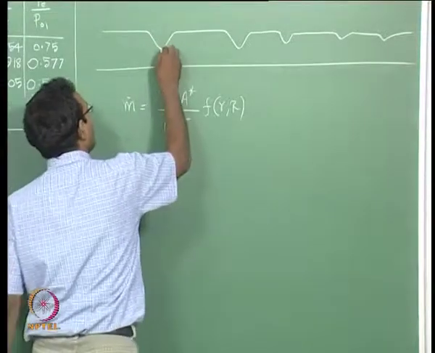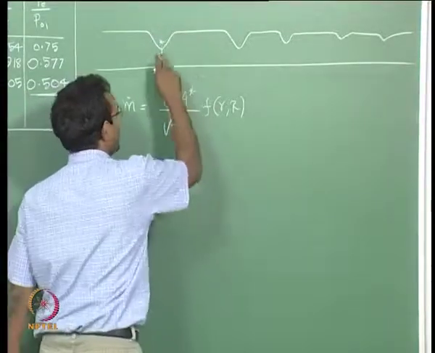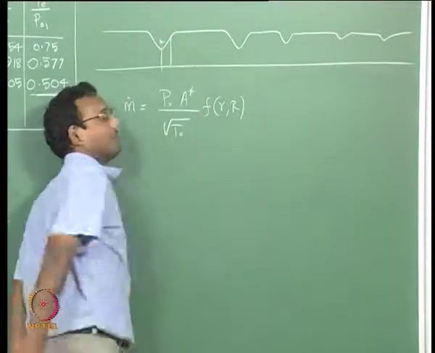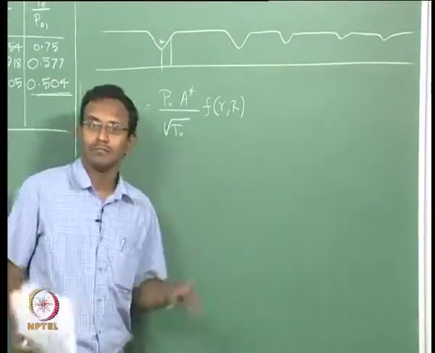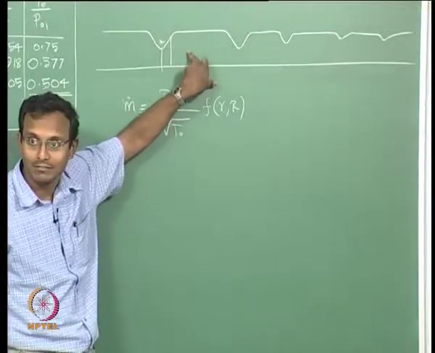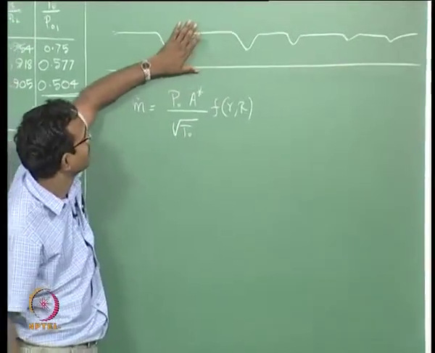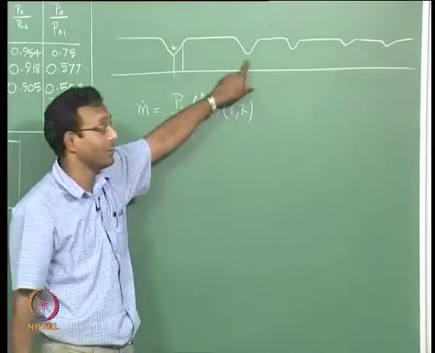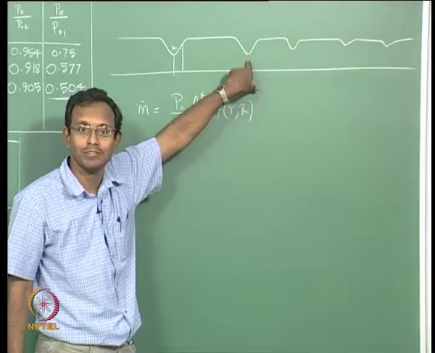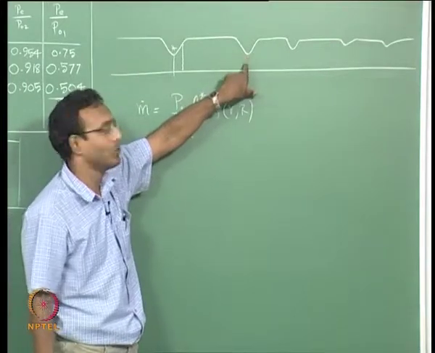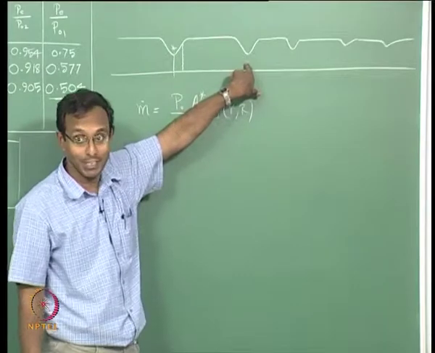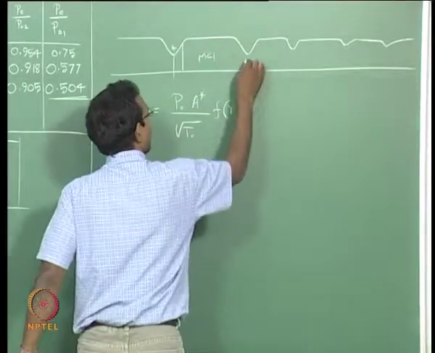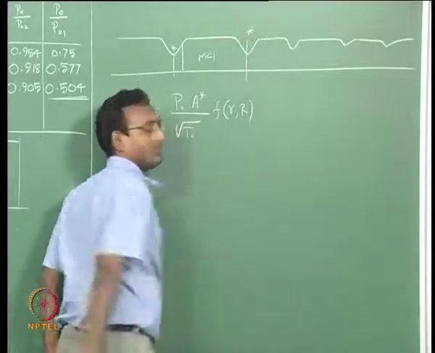I am going to have a throat here, sonic, I put a star here, and then there is a shock here. Now what will happen? Flow is subsonic on this side. If I just think about this problem, flow is subsonic here and further down, I can make it choked here, that is easy to do. If I make it choked here, what should be the condition? All I have to think about is, this is some M less than 1, I want to make this also choked. What should I do?